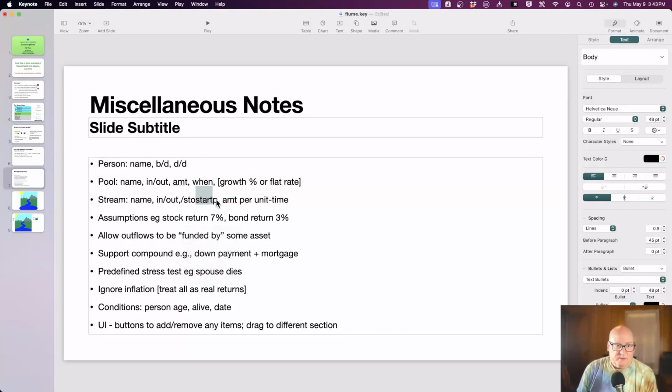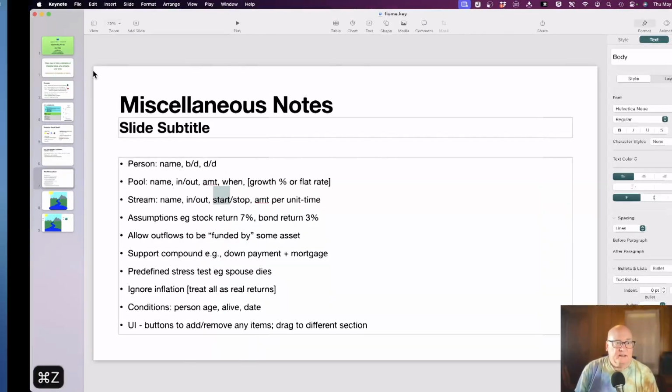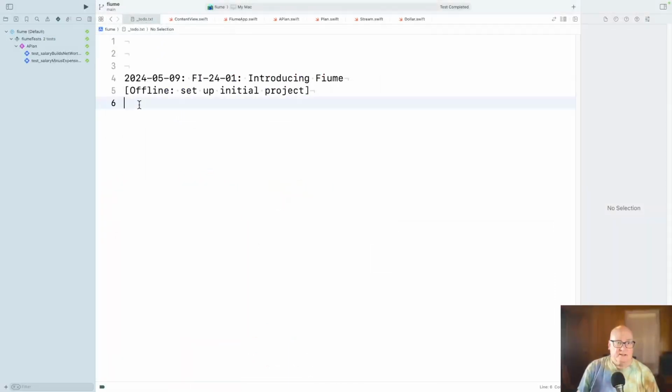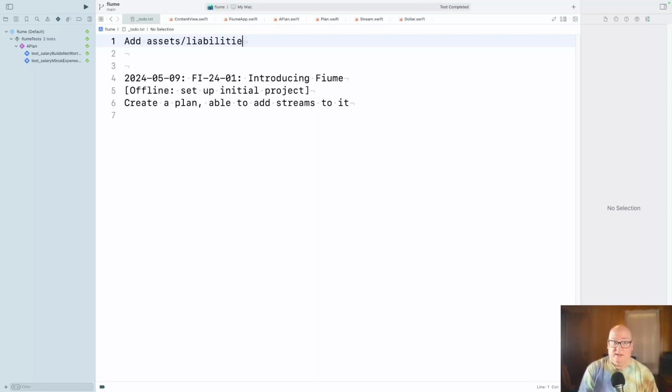Okay, so let's go back here. What we did already was create a plan, able to add streams to it. Another thing I could see, well, another one was add assets and liabilities.